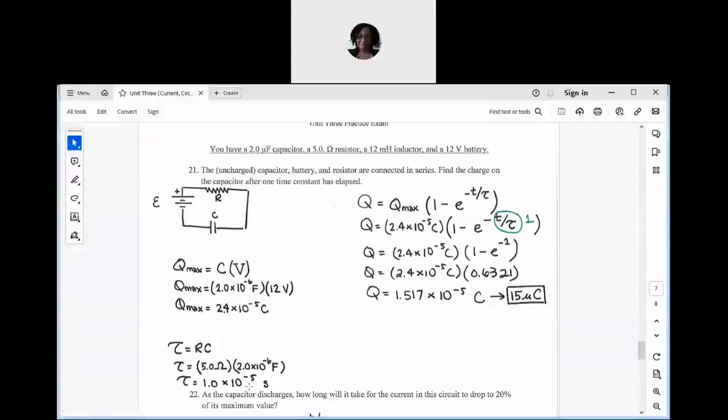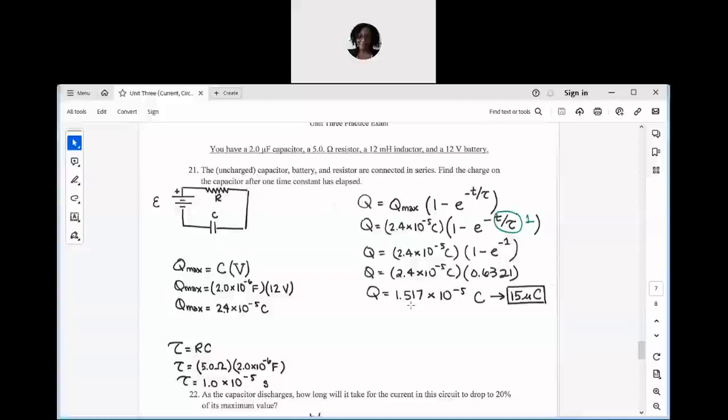I didn't show it broken down here, but if you break down an ohm and a farad, you're going to end up with everything canceling except for 1 second. So my time constant is 1.0 times 10 to the negative 5 seconds. I can plug that in here, and since I'm trying to figure out the charge after one time constant has elapsed, that just means that lowercase t and tau have the same magnitude, so their ratio is going to be 1. So I can just plug in a 1 there, and I end up with a charge of 15